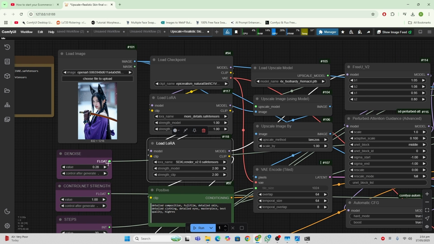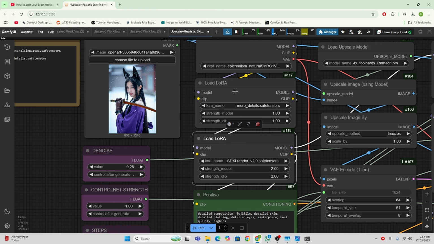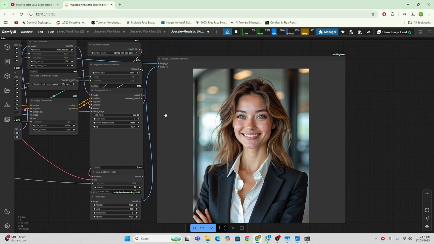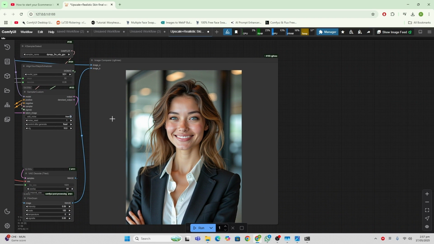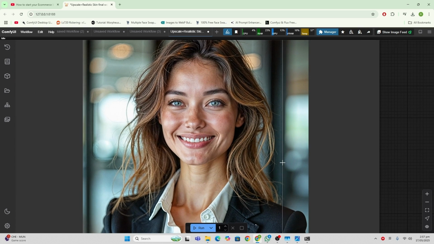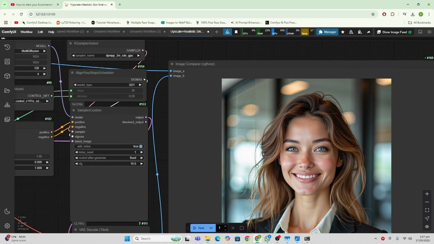And if your character is still changing more than you like, then you can just Ctrl+B these two LoRAs, you have to close these two LoRAs. First we are going to run this workflow with the LoRA models and denoise at 0.28 and see what we get. Okay, so the rendering is finished. Let's see what we got. So for this image, okay, it is definitely more realistic, but the value is so high for this image.